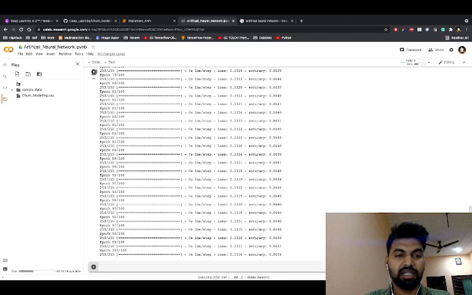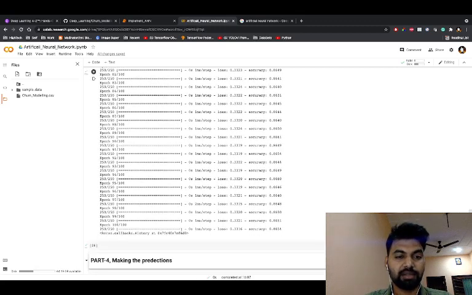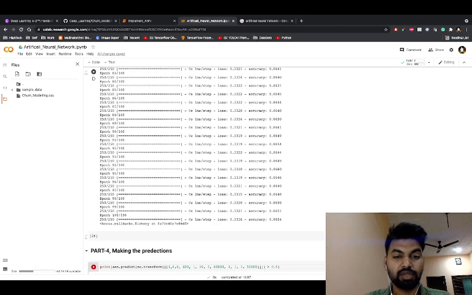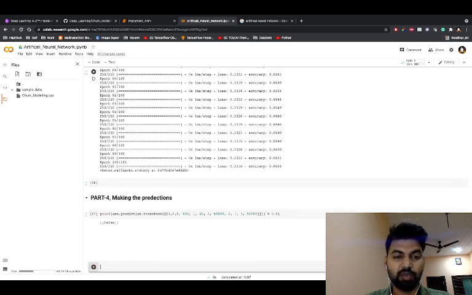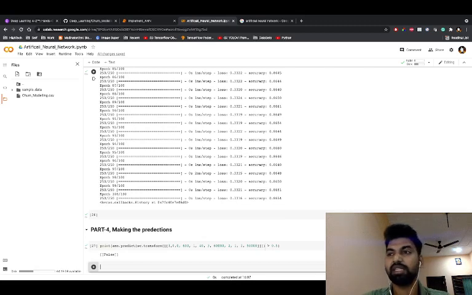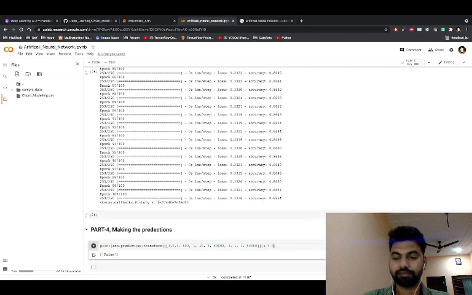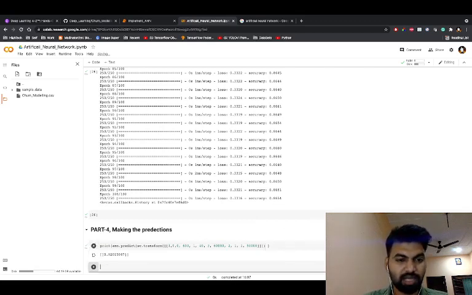So again, let's pass the data which we want to predict. Here I'm just giving the data to predict the output for this one. So here you can see, let me remove this 0.5. See, we are getting 0.02, which means it's a 2% chance, right?